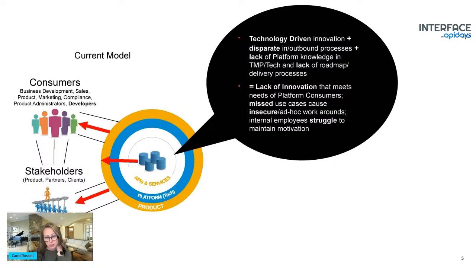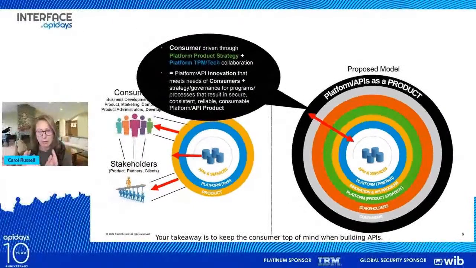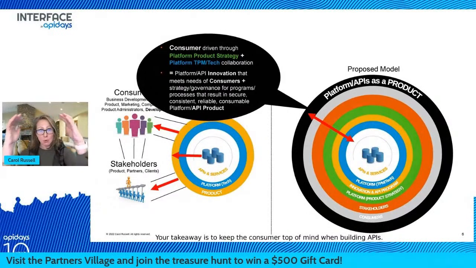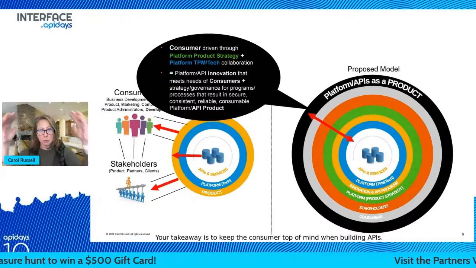And so if you made a shift, and this is just a proposed idea that I've been putting in place across the board when I give these talks, is shifting from that technology-driven innovation to the consumer or the value-based innovation. And so just a pictorial view, sure, you still have your APIs and services and maybe your layers of platform wrapped around it, and then your product and innovation, maybe an API program. But then you have those stakeholders, right, who are representing maybe the clients or the different partners, and then the actual consumers of the APIs.